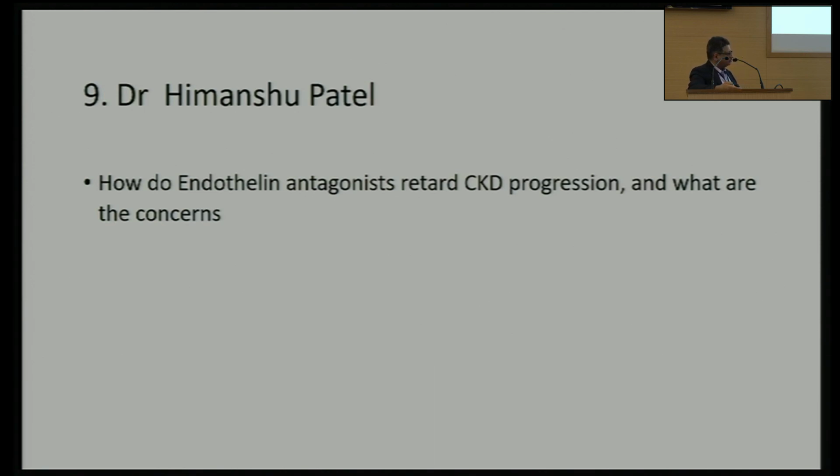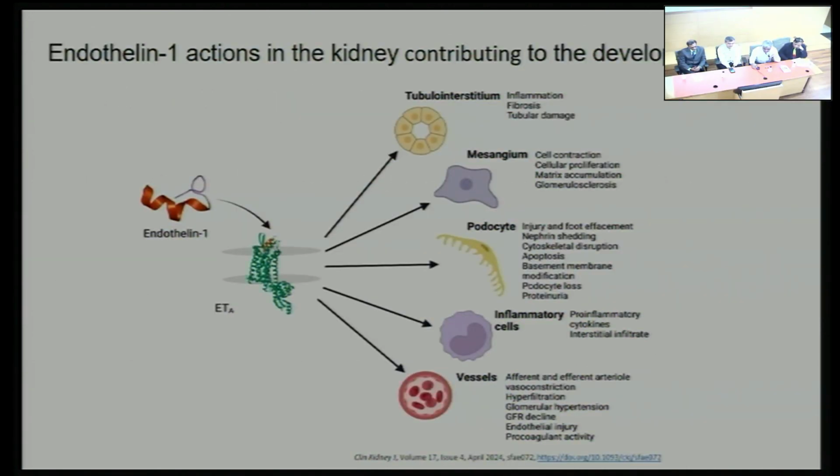Basically, endothelin is increased in renal disease secondary to hyperglycemia and acidosis in hypertension. As we know, the endothelin will act on the endothelin receptor, which has 3 subtypes, A, B, and C, and B has 2 more subtypes. I am not going into detail. So as far as nephrology is concerned, this endothelin will basically do the afferent